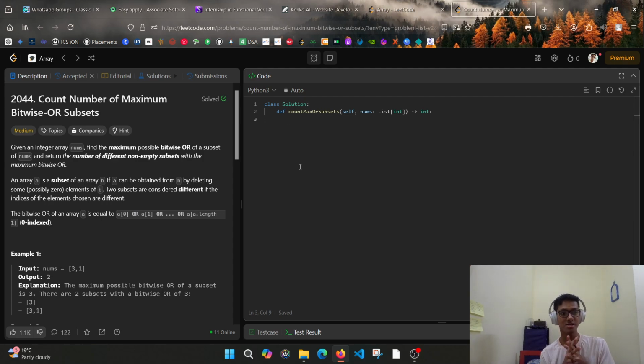The problem is quite interesting actually. It is a medium level problem, but it's quite interesting. You can solve this problem in many ways. I will just be solving this problem in a brute force way. Actually, the complexity in the brute force way is